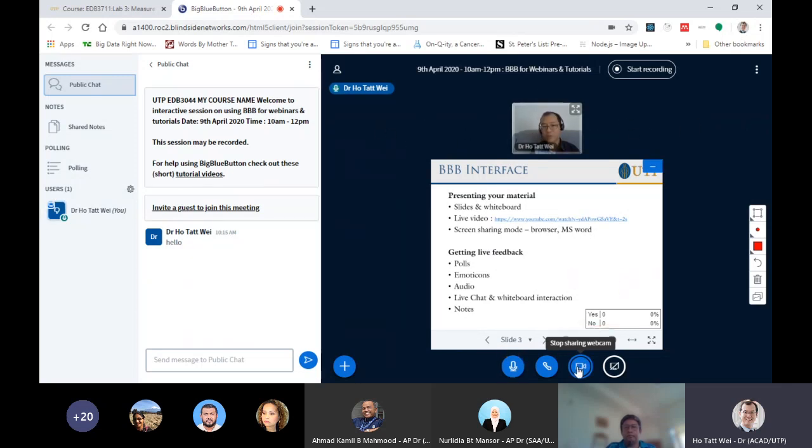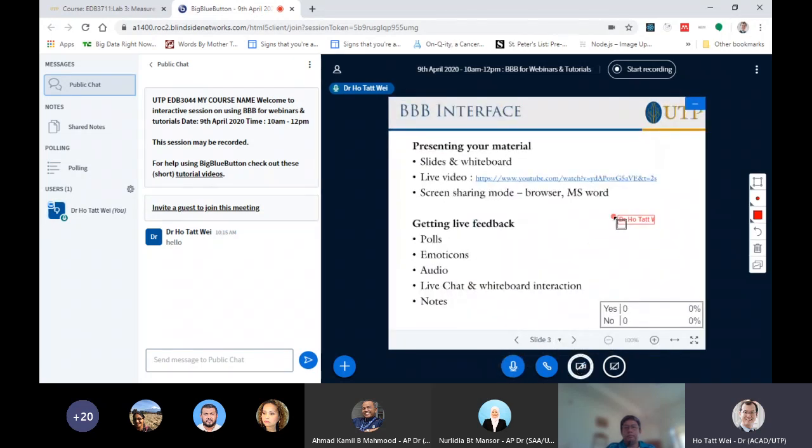This could be useful, for instance, in the case of a Viva, where you want to see that the person presenting or giving you feedback is actually the student that you think is doing this. This is when the identity is important. But if you are just conducting a live webinar or tutorial, in the spirit of online learning and open learning, I think we should not pay too much attention to attendance, because the key point here is this